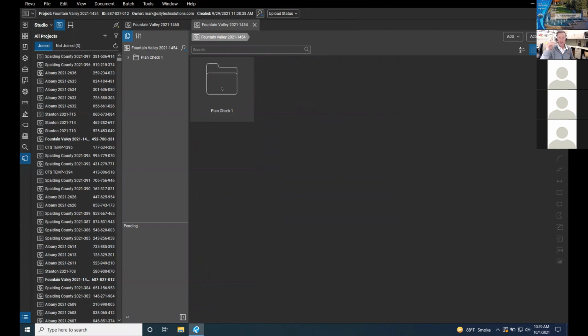All this is based on the submittal. It will say plan check 1, and if it's submittal 2, it'll say plan check 2, 3, 4, 5. However many iterations of the plan check there are, it puts them into folders. Sometimes on your larger projects, you have